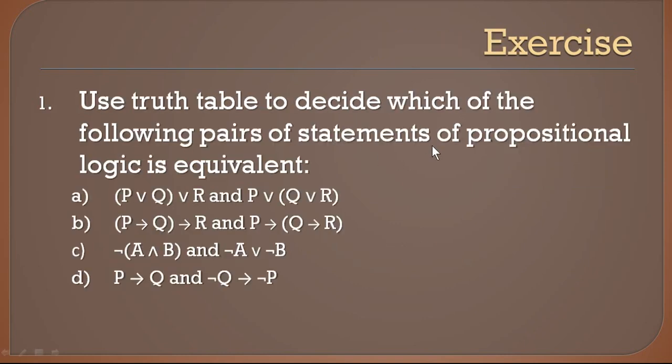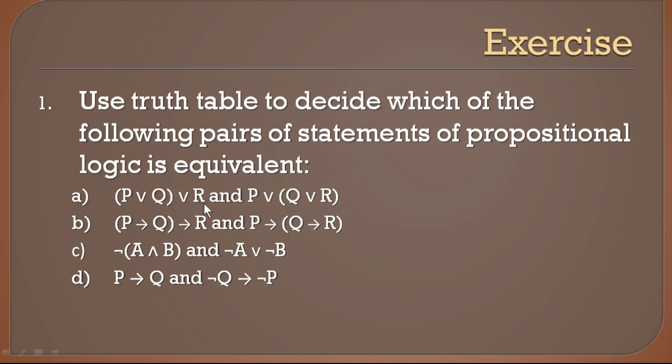In addition to that, I am giving you a few more exercises using the truth table. You are going to check these pairs, left hand side equal to right hand side, that is LHS equal to RHS. We already discussed a lot about truth tables, and you know how to use them. You have disjunction, conjunction, implication, and the not operator, all combined here. Now you are going to check whether the left hand side part is equal to the right hand side part. According to the variables, you will know that the number of rows should be increased.